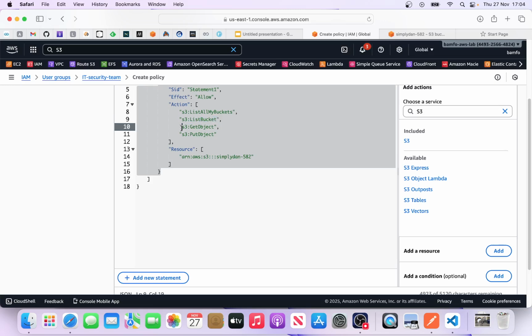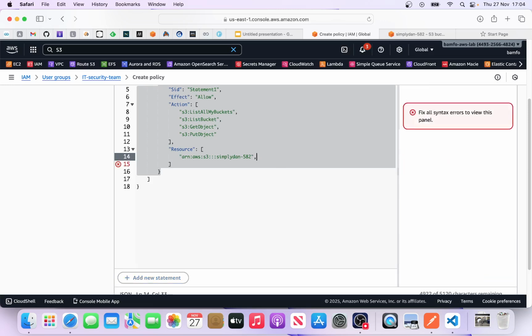But to get the object itself, which is the content of the bucket, you will need to add this. Okay, let's go down, put in here the same ARN, but we're going to add